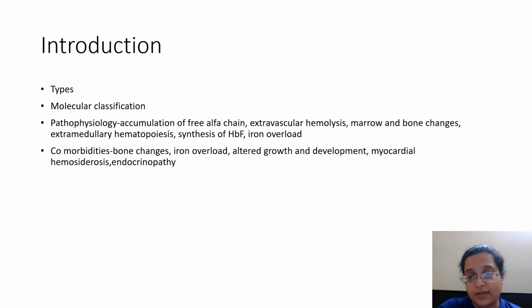And next, clinically, the question that they're going to ask you, especially in viva or even in theory, where it can come as a short question, is the comorbidities that you are going to see when you are seeing a case of beta thalassemia. In the pathophysiology, you have to remember that there will be free alpha chain accumulation. I'm going to show you the pathophysiology chart, but you have to remember that this accumulation leads to extravascular hemolysis. There will be extramedullary hematopoiesis, which will lead to changes in the skull bone and the hand bones. I'm going to show you the images right now.